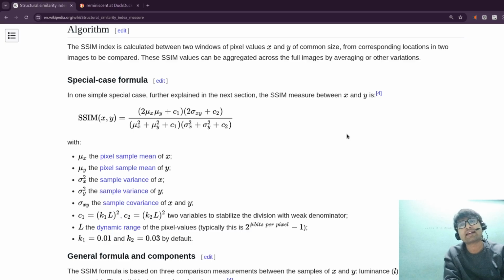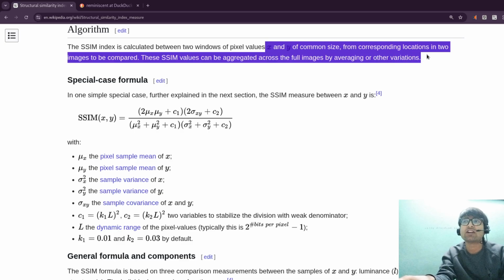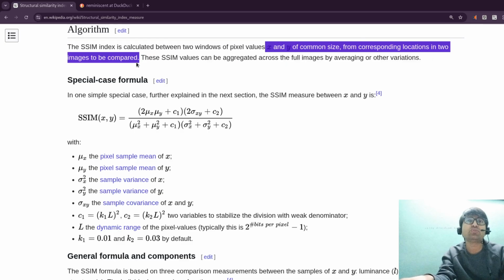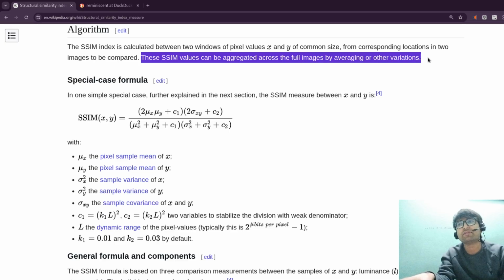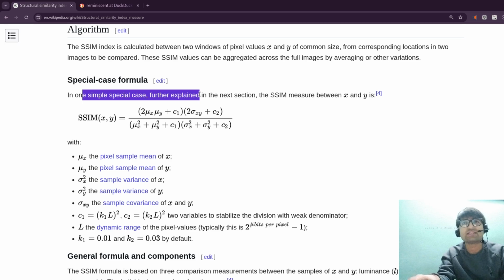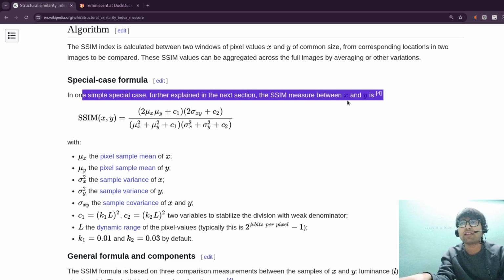The SSIM index is calculated between two windows of pixel values x and y of the common size from the corresponding location in the two images to be compared. These SSIM values can be aggregated across the full images by averaging or other variations. In one simple case, explained further in the next section, the SSIM measured between x and y is